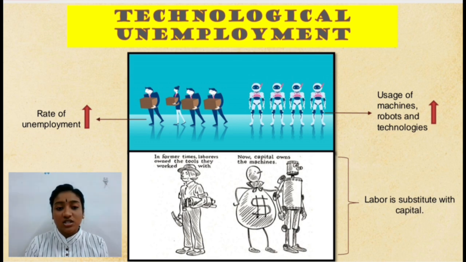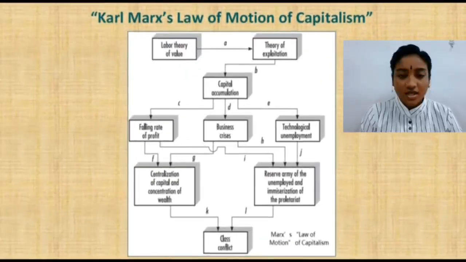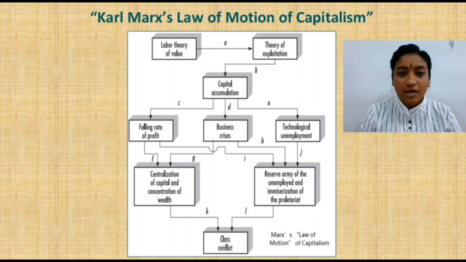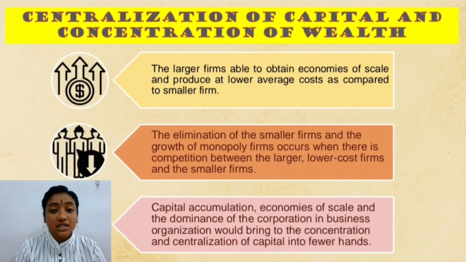So the substitution of capital for labor has a second effect, which is that the size of the industrial reserve army of the unemployed rises. Moreover, workers are thrown out of work by machinery, or, stated in contemporary terms, become technologically unemployed. The fourth effect of capital accumulation is the centralization of capital and concentration of wealth. We can see capital grows in one place to a huge mass because it has in another place been lost